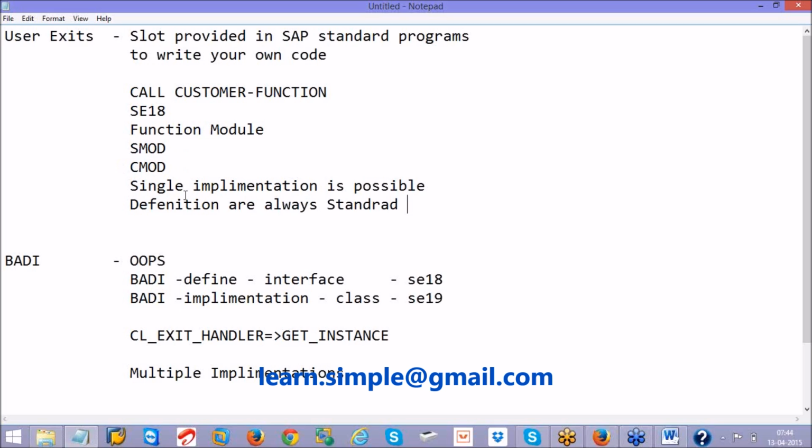But here in BAdIs, you can create your own BAdI definitions, and you can implement them as well. That option is also given in BAdIs.